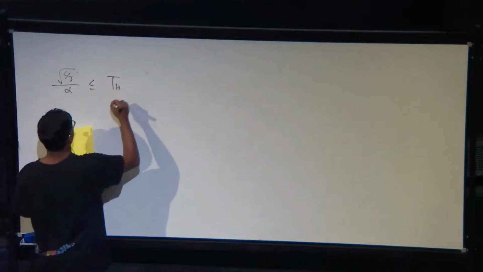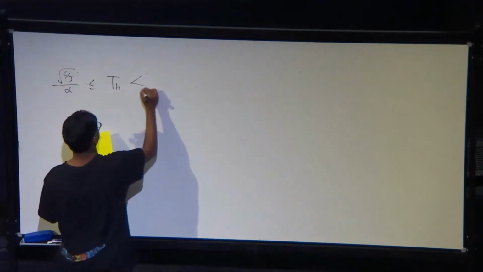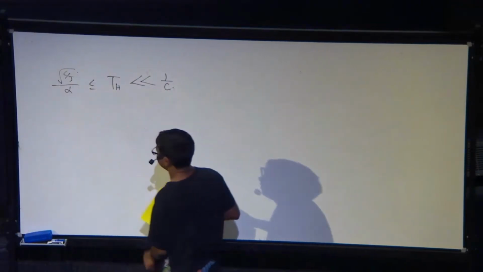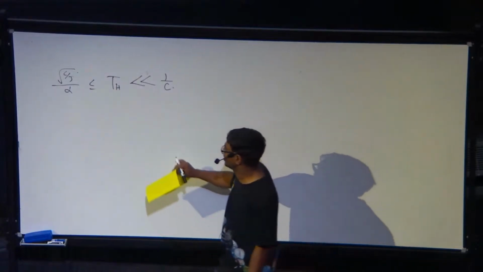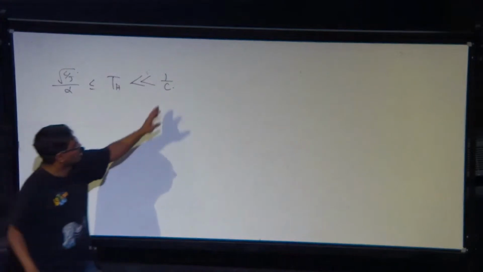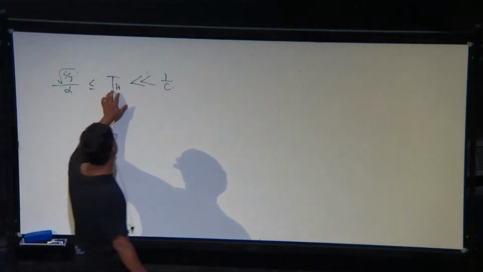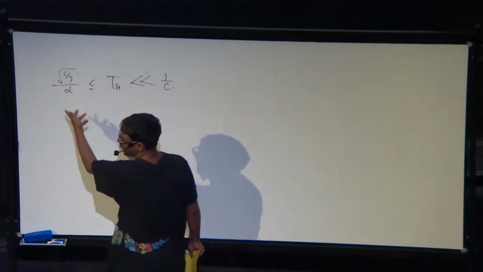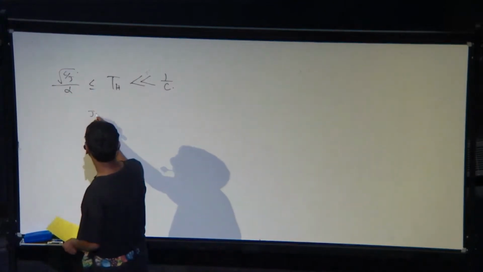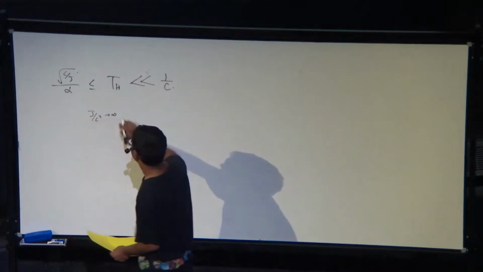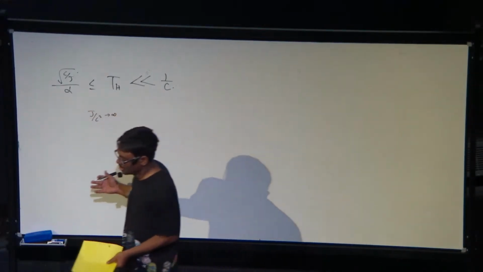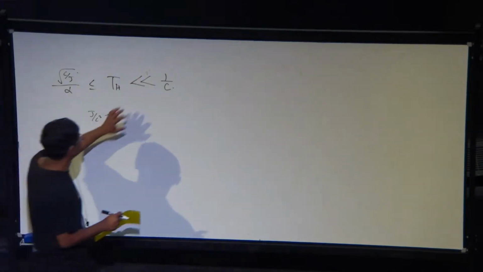So this is the black hole temperature, this is the black hole spin. You can think of the statement by Preskill and other people as saying the temperature has to be much larger than 1 over c for the black hole thermodynamics to hold. But here we say that there is an ensemble equivalence even in this regime, as long as you are looking at very highly spinning black holes where j over c cube goes to infinity. In this regime, black hole thermodynamics works, meaning there is an equivalence between the microcanonical, canonical, and grand canonical ensemble. So that's one of the outcomes of our result.